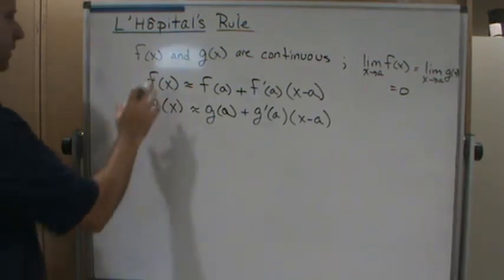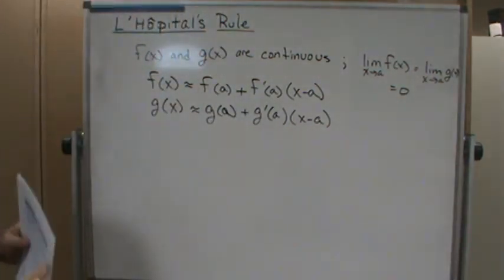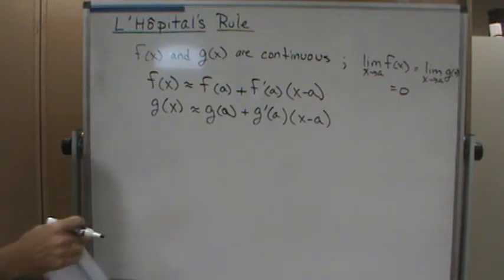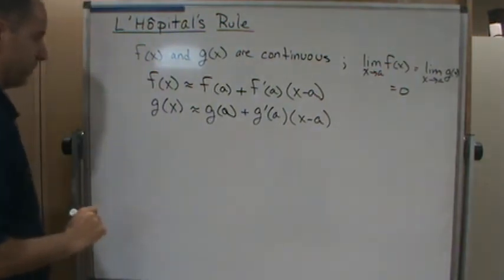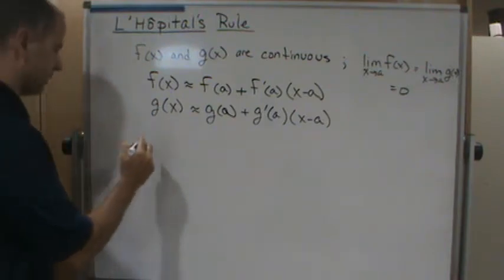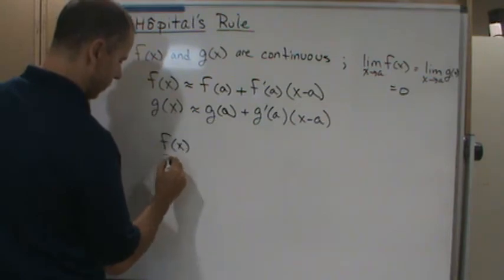So let's assume that these are continuous and their limits are both equal to 0. Okay. So now, in order to investigate what the limit is, let's use these linear approximations. Now, since they're continuous, we can take the ratio of these, and then we can consider what would happen. So let's consider f of x over